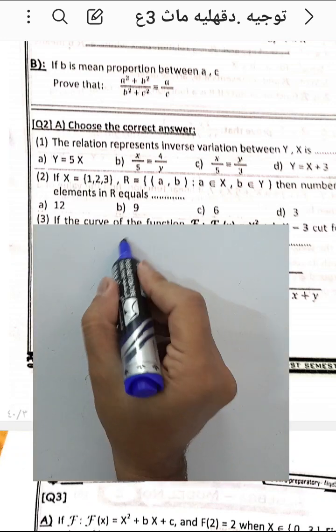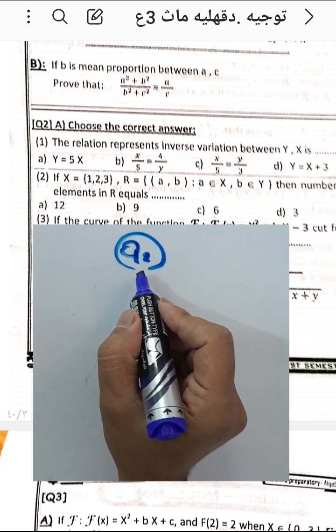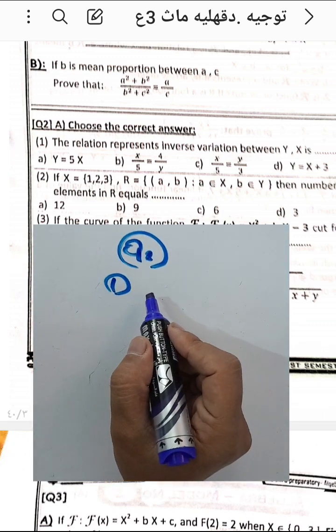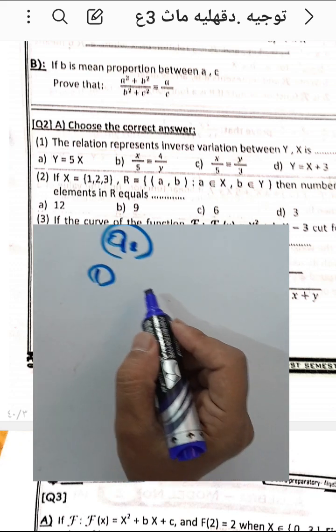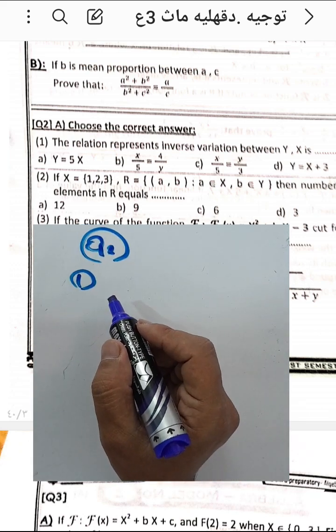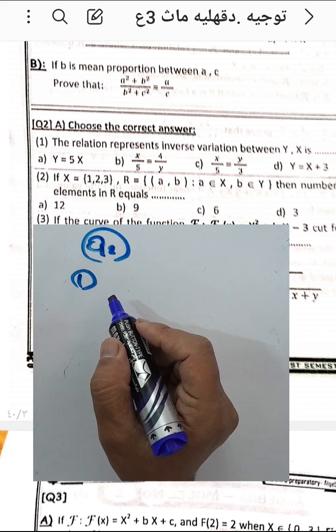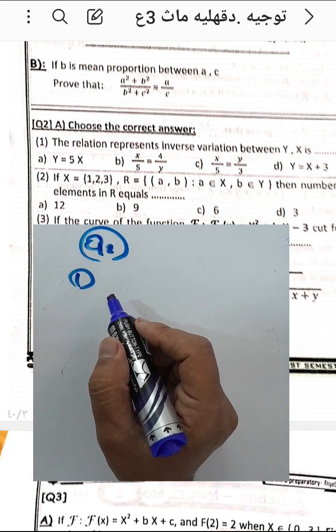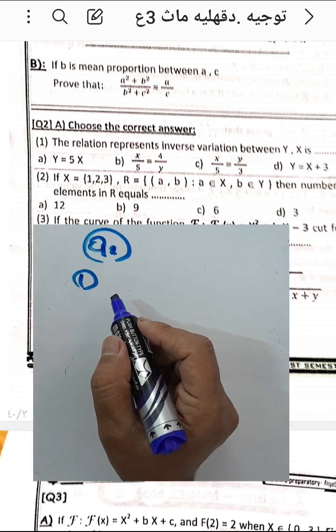Question number 2. Number 1. The relation represents inverse variation between y and x. We have the inverse variation between y and x. Here it will be what? We must choose letter B. Okay, letter B,